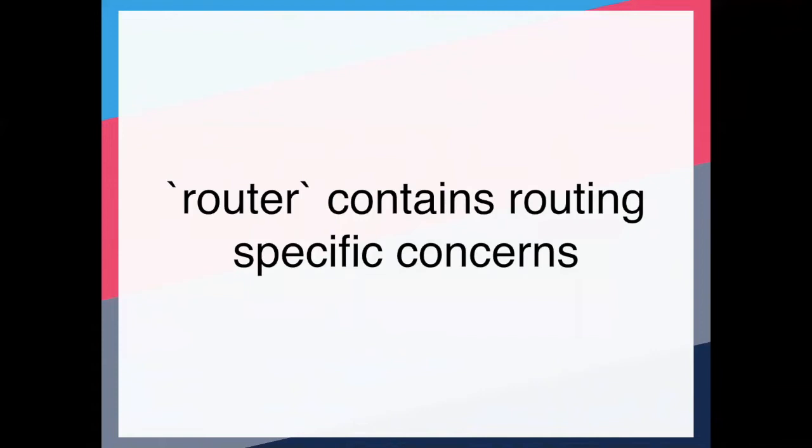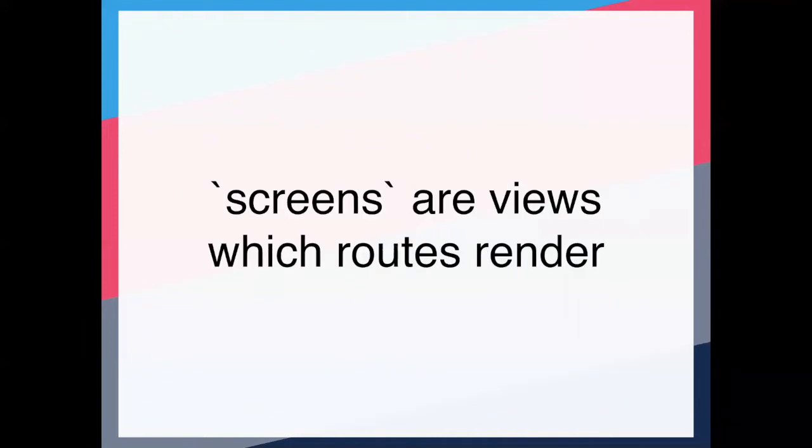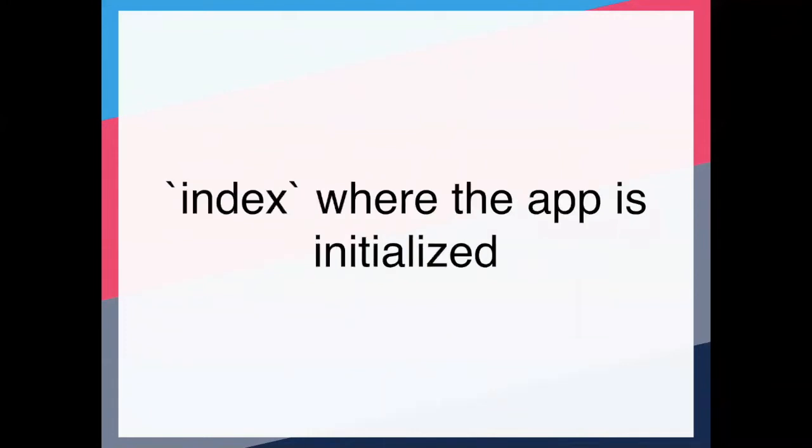So yeah, the router contains router-specific concerns, screens or views which the routes are rendered. They're just components, as you know, in React land, everything's kind of a component. And the index is where the app is initialized. It's the first thing that's loaded. It's where we set the initial app state. It's where I do some of the setting up of those home screen quick actions and push notifications initialization, and even syncing with iCloud, which I haven't quite worked out yet, but it's at least saving things to the